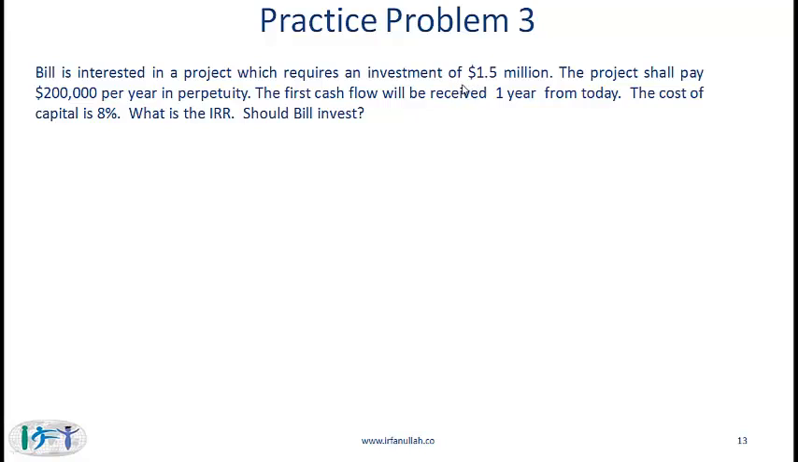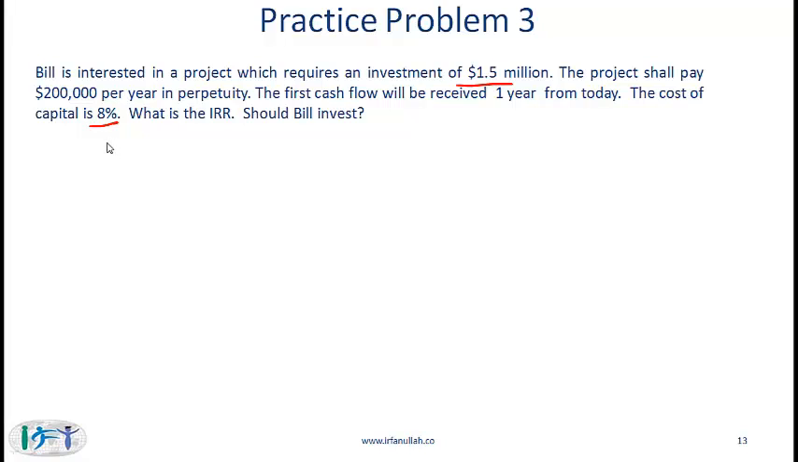A project requires an investment of 1.5 million. The project shall pay 200,000 per year in perpetuity. First cash flow 1 year from today. Cost of capital 8%. Before you hear the explanation, I want you to pause the video and try to solve